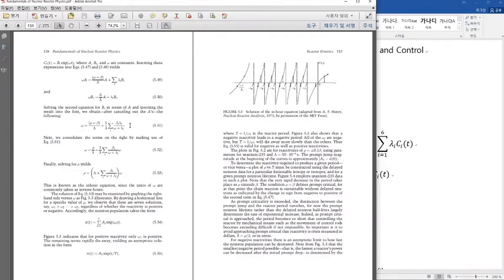And what was found is that in that case we are able to write, so eventually what is important is to find this omega